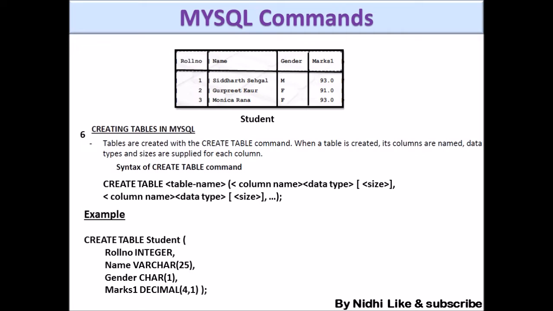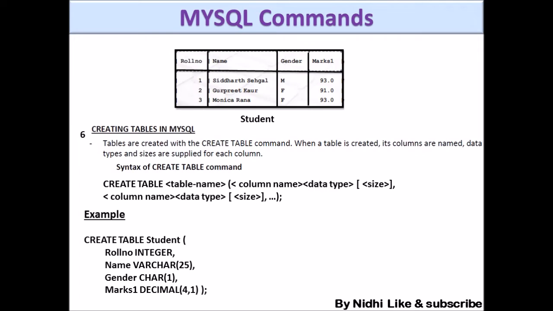Okay, so you can consider the table name as a variable. It can be any name that is given in the question or whatever task you have to perform. After writing the table name, you have to write a parenthesis bracket. Parenthesis bracket means this curved bracket, normal bracket. Okay, not square, not angular. Simple bracket you have to put, and after that you have to write the name of the column.